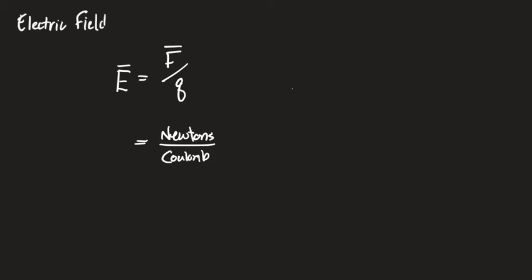Now, if we apply the same idea to the gravitational field, it would have been the force of gravity divided by the object's mass, which is why g was in meters per second squared, because it was newtons divided by kilograms, which is why we called it the acceleration of gravity. But it was actually the gravitational field. It always was. We don't get that kind of convenient collapsing of the units here. Newtons per coulomb is the unit of electric field.